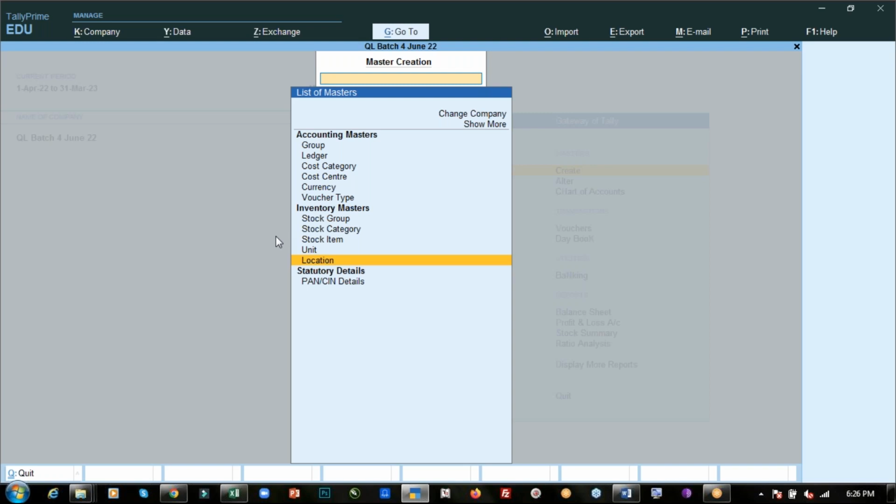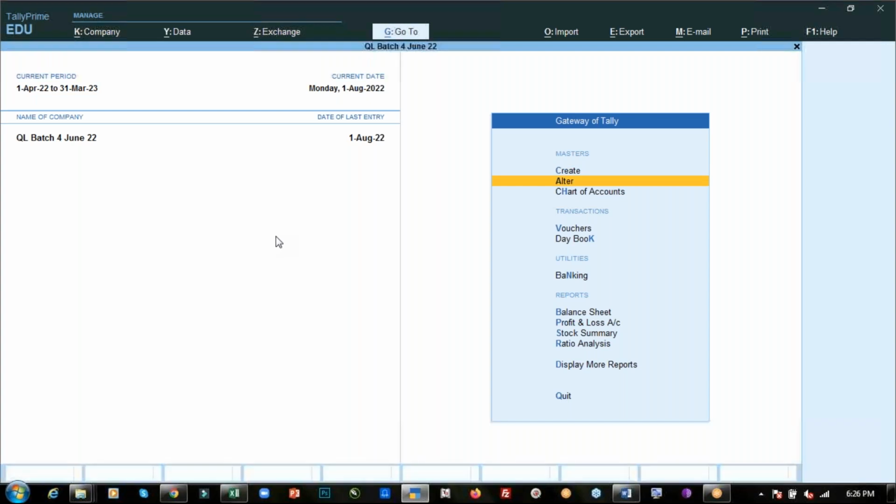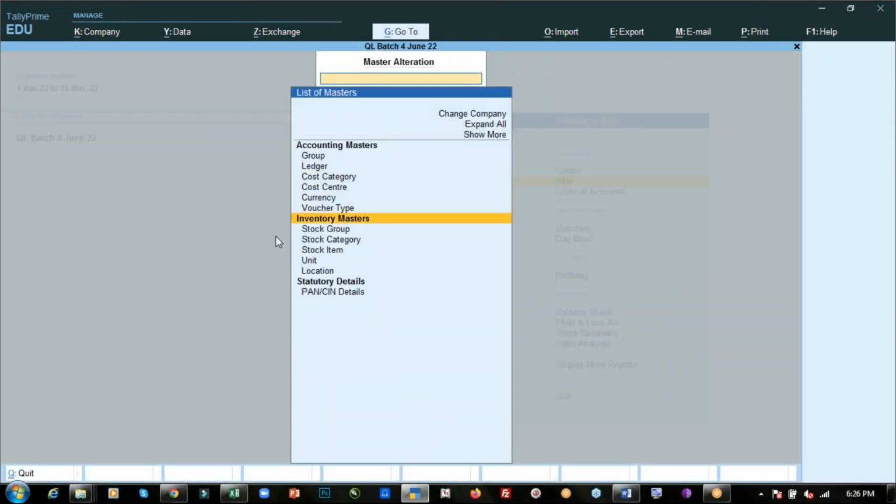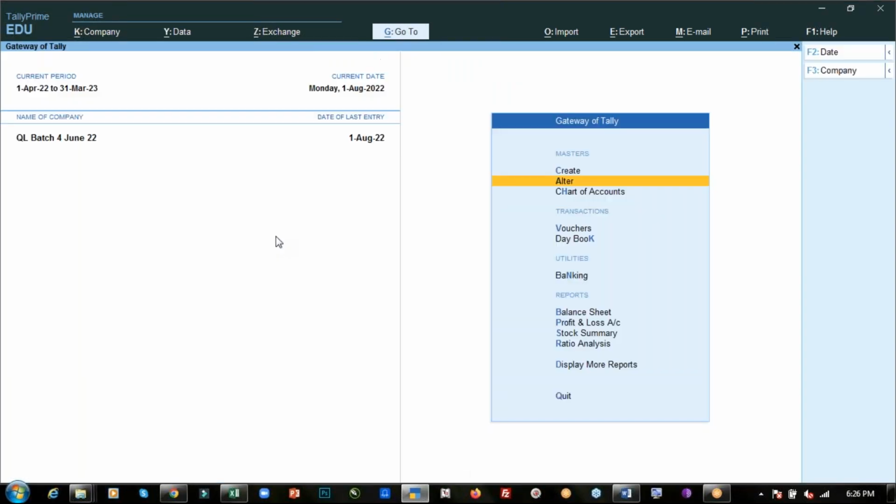All right, I'm explaining that from the starting. Let me delete those which we have created. To delete the things, you have to just go for the alter